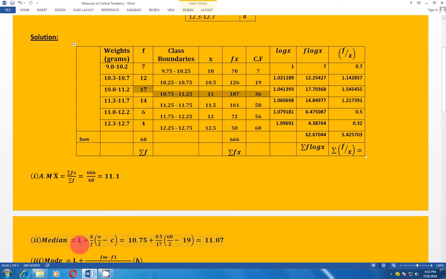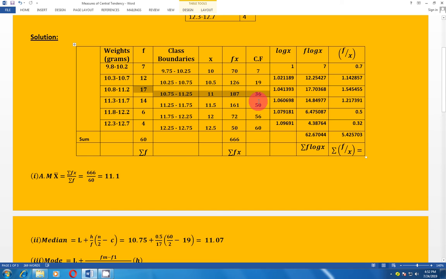So what is L? L stands for lower class boundary, that will be 10.75. What is H? H is simply the height of the class, or it is very easy to understand that H is simply the difference of x values. So what is the difference of x values? As we are seeing here, the difference is 0.5. So 0.5 is H. What is F? Frequency is 17 in front of this model class, and we will put here 17, and n by 2 means 60 by 2, and we take cumulative frequency